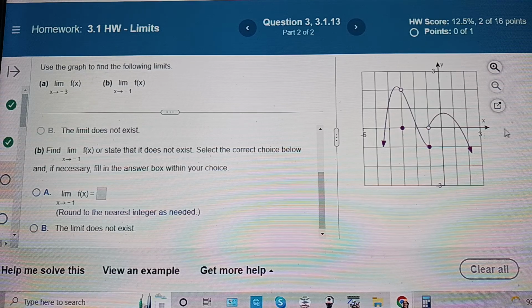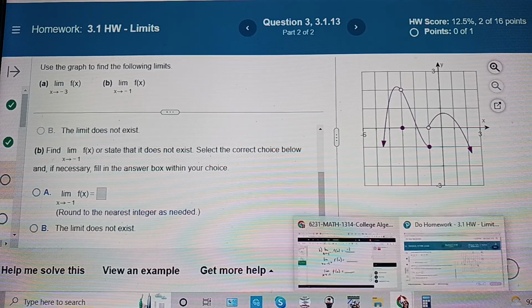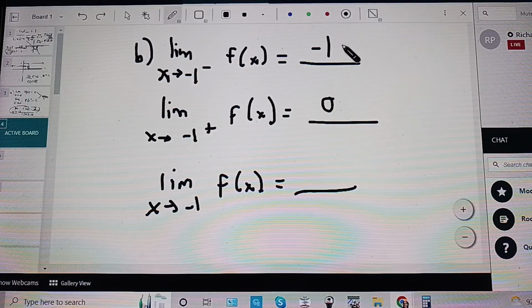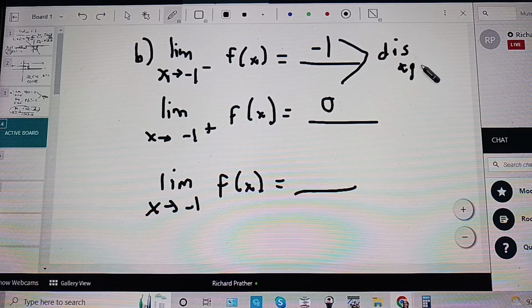Then I'm coming in from the right all the way till I get close to -1 on the x-axis. I would be right here on the right-hand side of that open circle. If I go down, I don't touch anything. You'd just fly right by that. But if you go up, you'd touch right away. So you're just slightly above 0. That's close enough to say 0. But these two disagree with each other. We have disagreement between the left and the right side of the limit, so that automatically means the overall